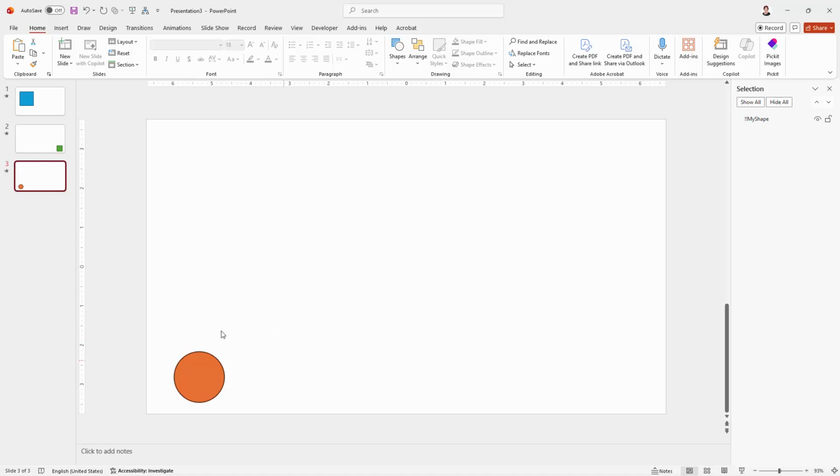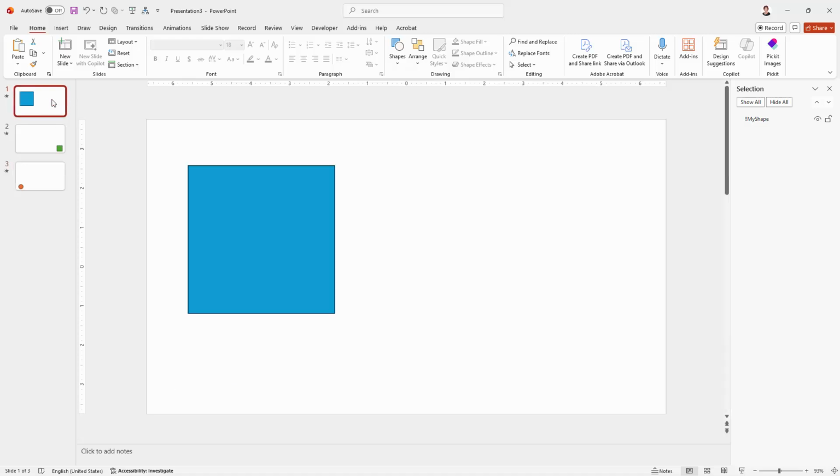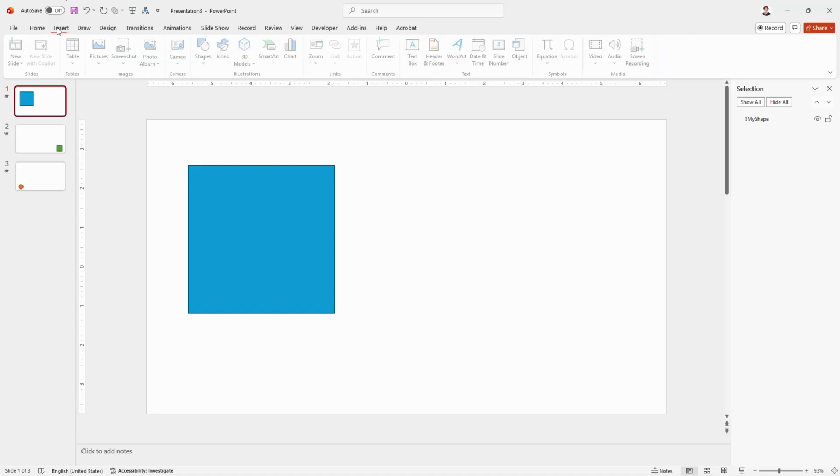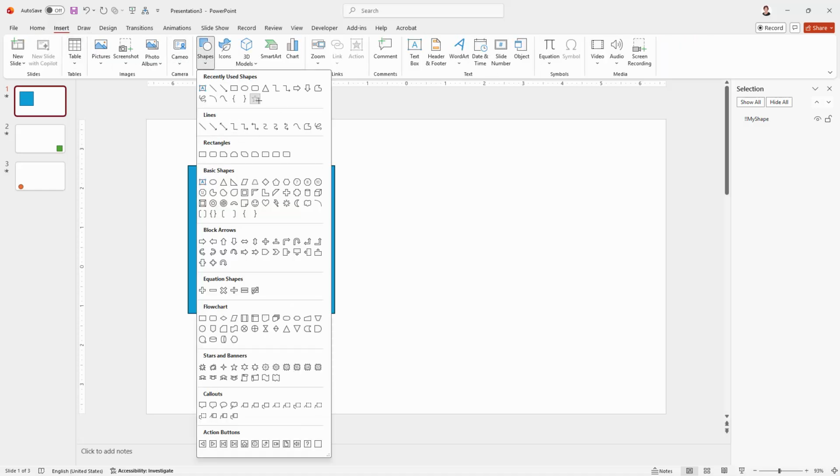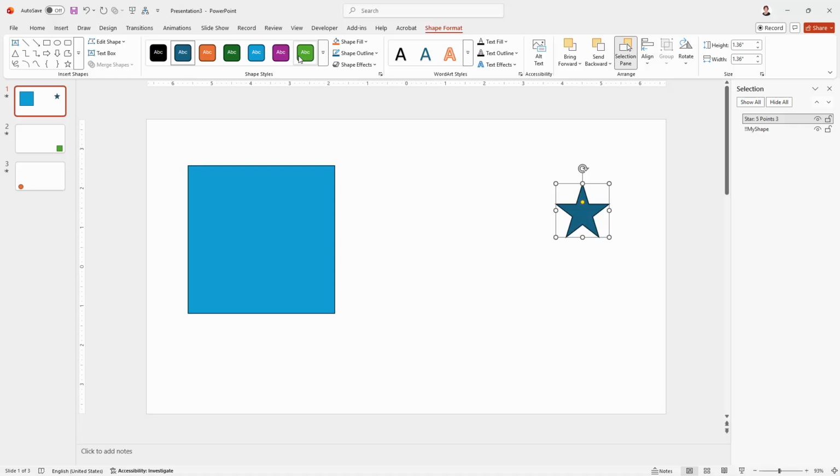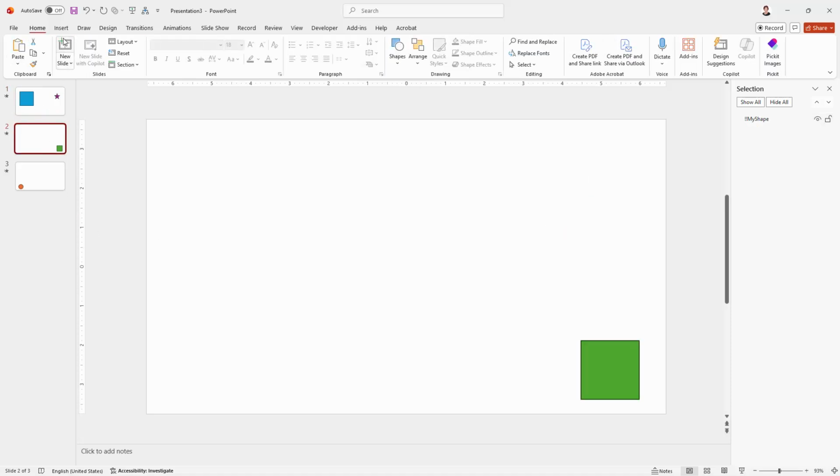Now it's really important to get used to naming your shapes, not only when you've got something as simple as this, but sometimes you may want your shapes to sort of cross over. Let's go back to this particular slide and let's insert a different shape. I'm just going to add a small star here, and I'm going to come in here and name it. I'm just going to call it My Star, and we'll go to this slide here and we're going to add